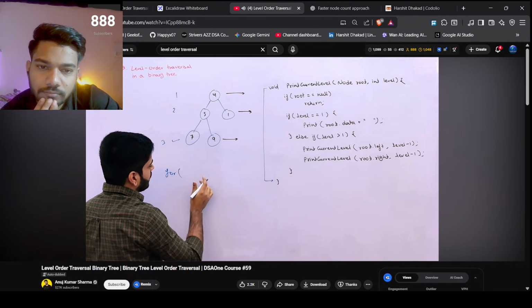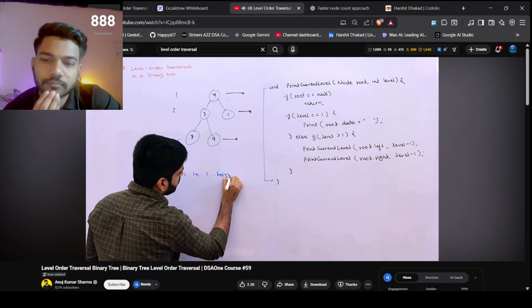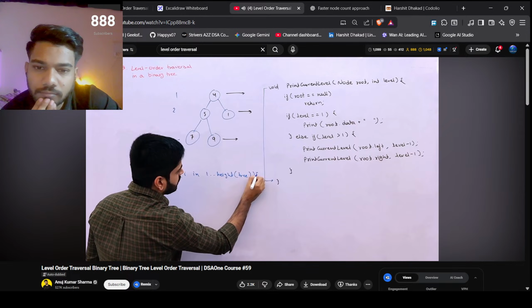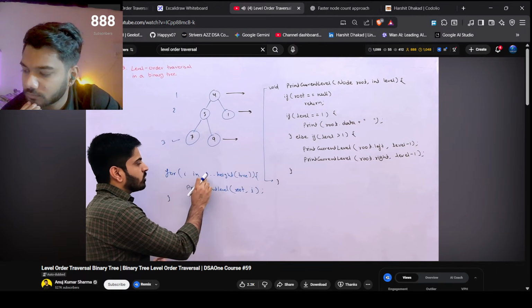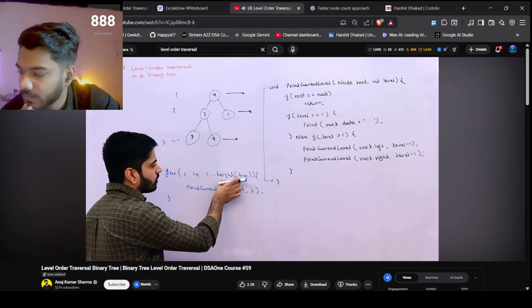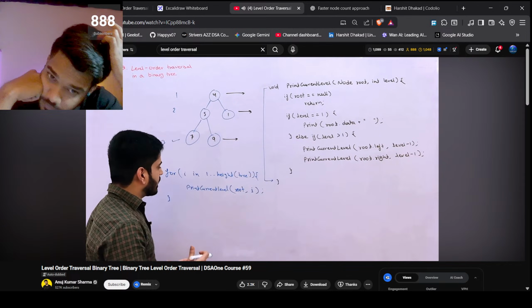तो मुझे बस करना क्या है, एक फॉर लूप के अंदर ये वाला फंक्शन कॉल कराना है। कितनी देर तक कराना है कि जितनी इसकी हाइट रहने वाली है। तो फॉर i इन 1 से लेकर हाइट ऑफ दिस ट्री बेसिकली, तब तक मुझे ये वाला फंक्शन कॉल कराना है। तो ये फंक्शन समझ में आ रहा होगा आप लोगों को। बेसिकली एक मैंने फॉर लूप बनाया जो कि 1 से लेकर हाइट ऑफ ट्री तक चल रहा है। और हाइट ऑफ ट्री कैसे निकालना है हमें ऑलरेडी पता है, हमने देखा था कैसे आपको बाइनरी ट्री की हाइट निकालनी, तो निकाल सकते हो। उसी में वीडियो लिंक अटैच कर दूंगा, जाके चेक कर सकते हो।